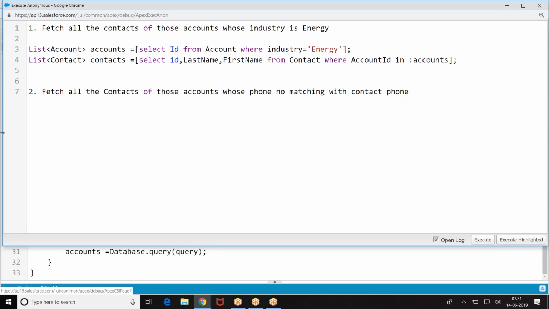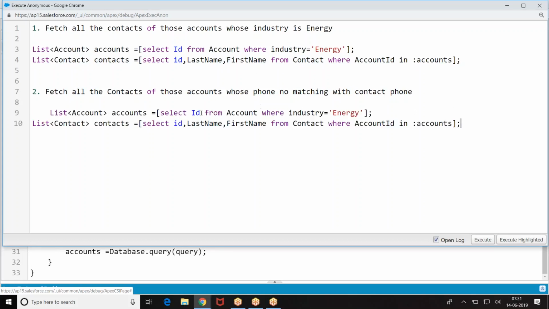Now, in this case, you cannot write a query like this. Why?